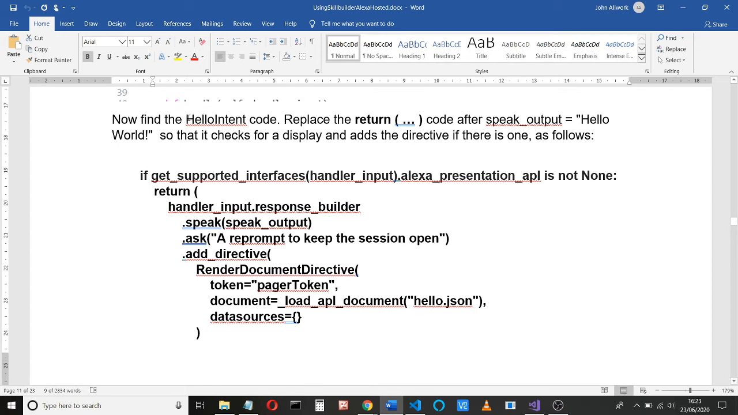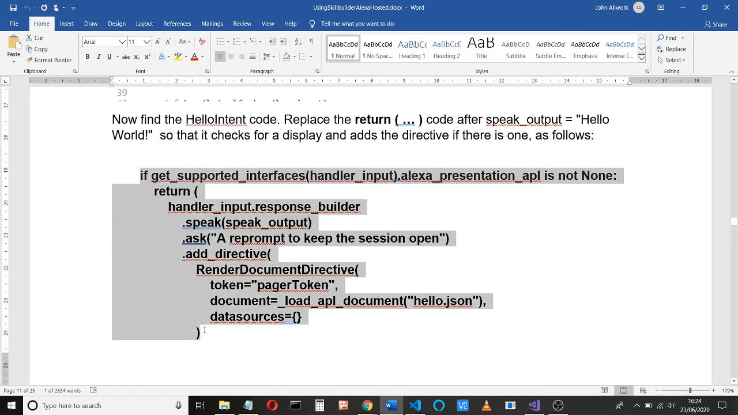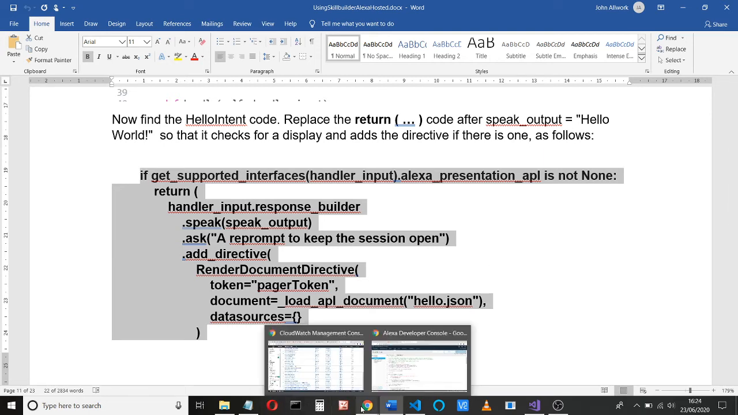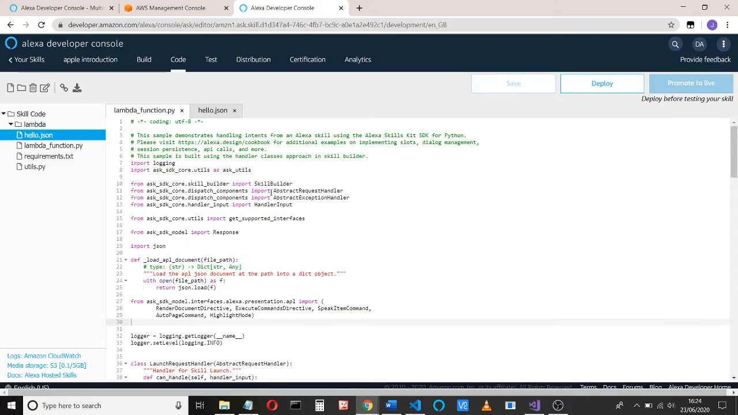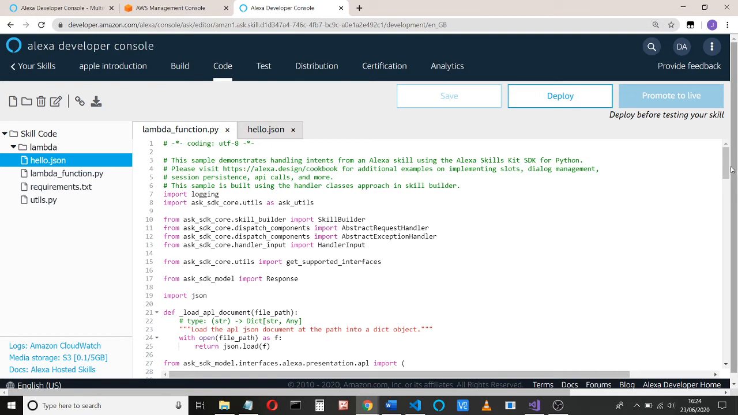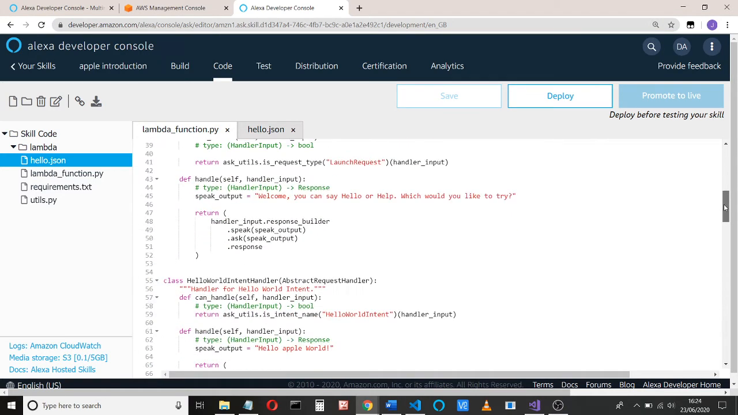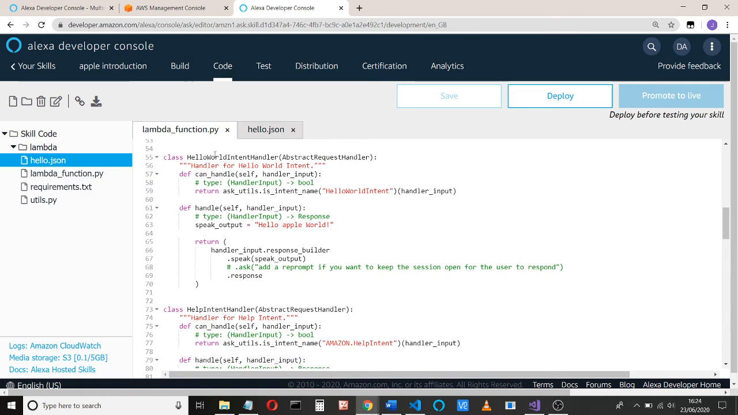And now in our hello intent code, we're going to replace the return code after the hello world so that it checks for a display and adds the directive. So this piece of code here, we're going to replace the return code after the hello world in the hello intent. So we'll go back to our code, find our hello intent. There's our hello world intent,